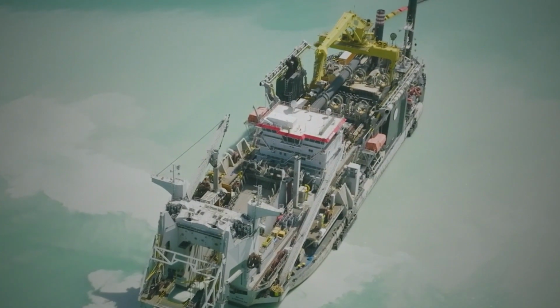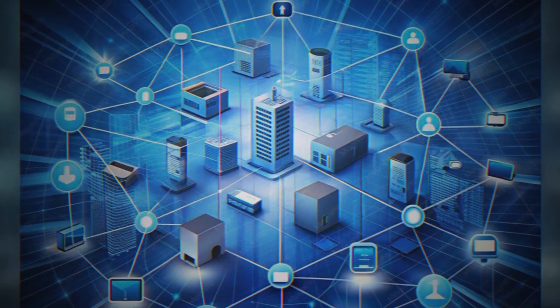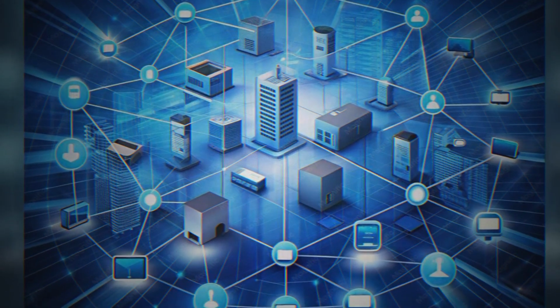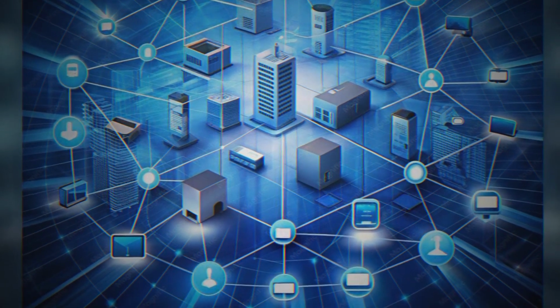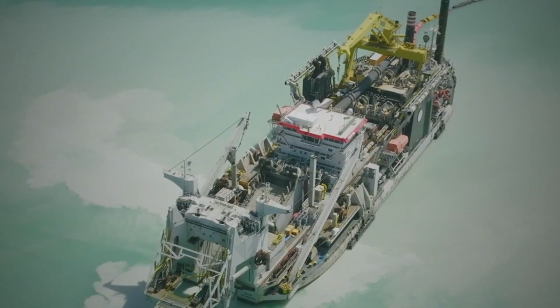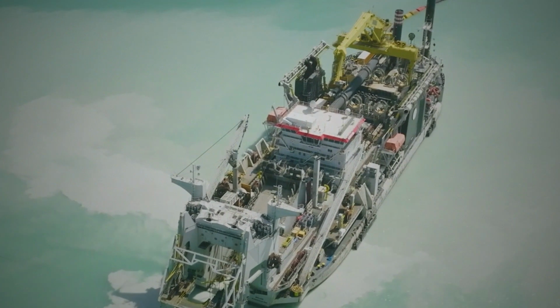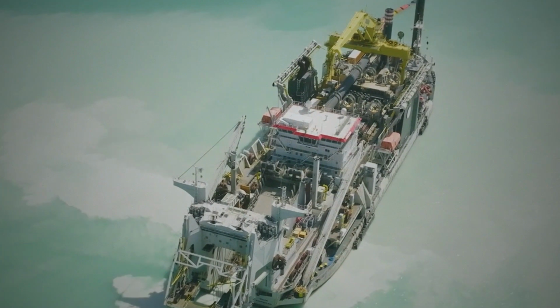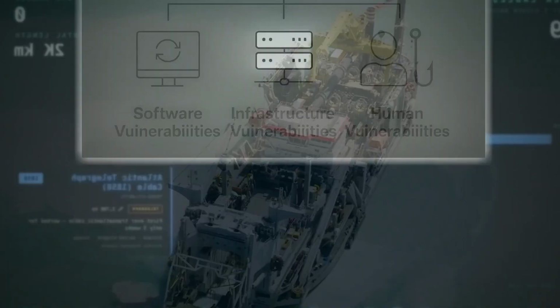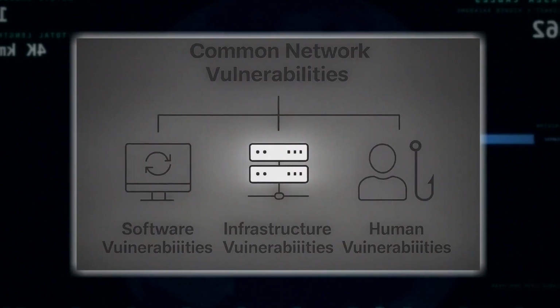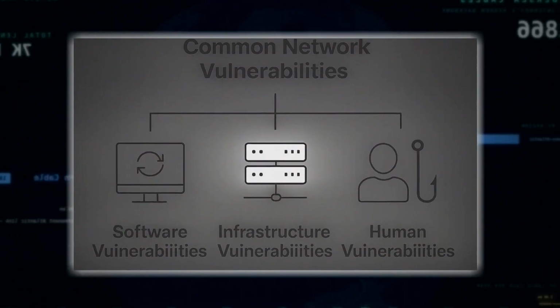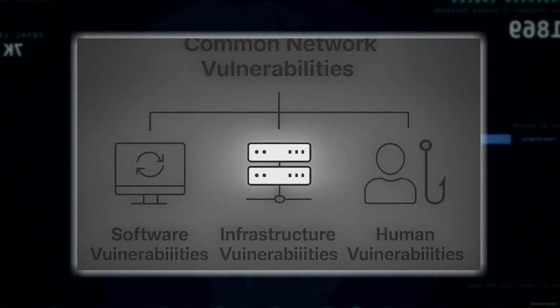Some cable systems also include branching units, sealed housings placed at points along the route where the cable divides. A branching unit allows a single trunk cable to split into two or more branches, each heading toward a different landing station in a different country. This is how one cable system can serve several nations along its path without requiring a separate cable for each